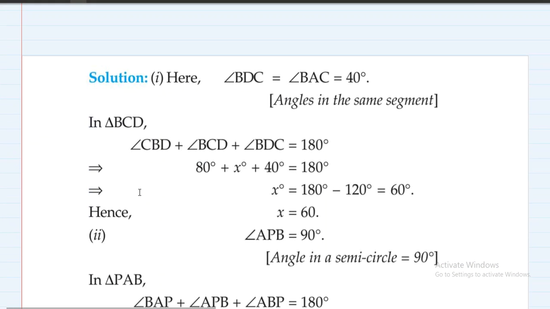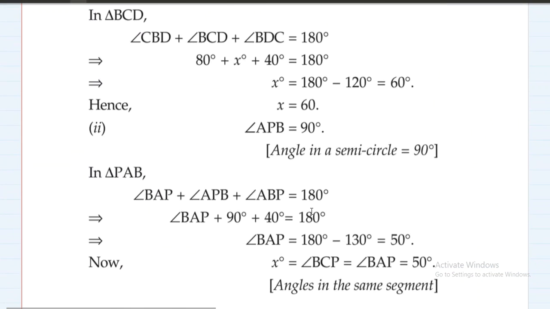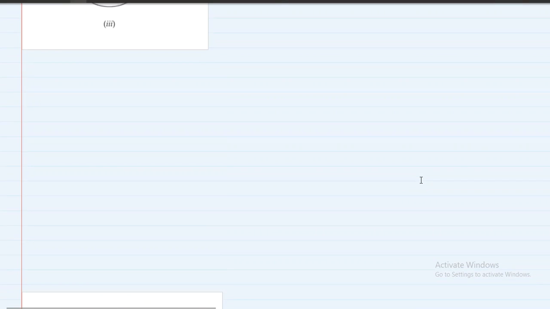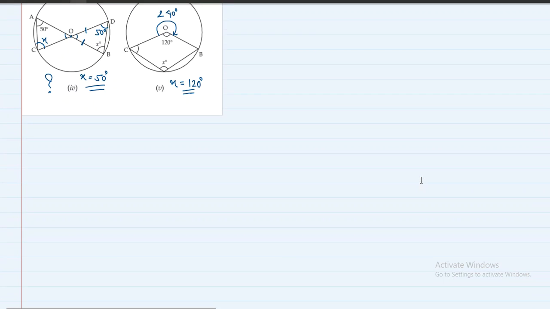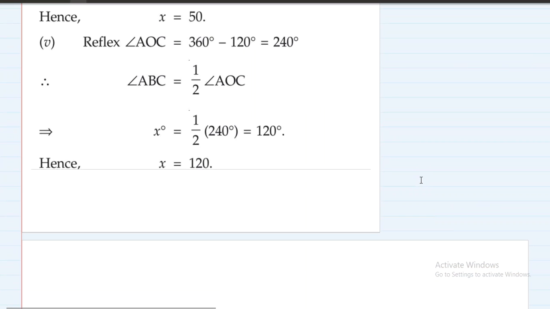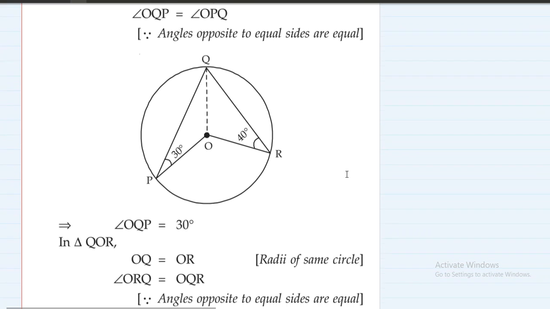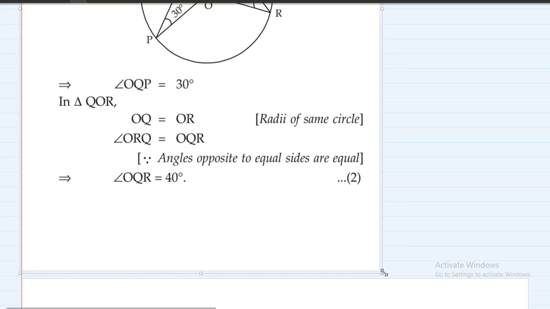लेट्स सी हमारे सारे आंसर सही है कि नहीं। सो पहले का आंसर था 60 आया था, यस। उसके बाद वाले का आंसर था 50, सेकंड का, वो भी करेक्ट है। थर्ड का आंसर था 75, यस। फोर्थ का आंसर है 50 और फिफ्थ का 120, एब्सोल्युटली करेक्ट। ठीक है, इन द फिगर फाइंड मेजर ऑफ एंगल POR। अच्छा, इसको थोड़ा बड़ा कर देते हैं।